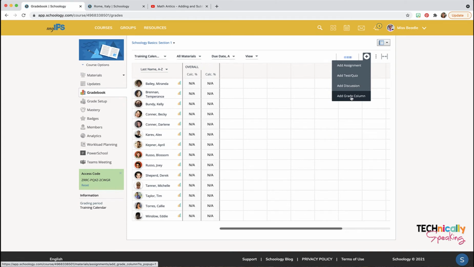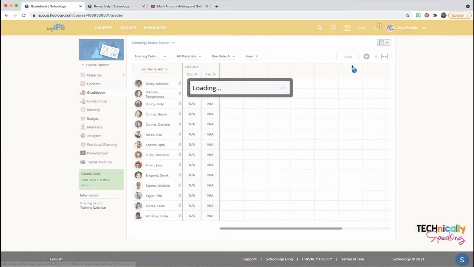Be aware that with the add a grade column, it does not allow you to add a due date when creating it. Now there was a workaround for that, but you want to make sure that you are aware of that. So I'm going to click on add assignment,